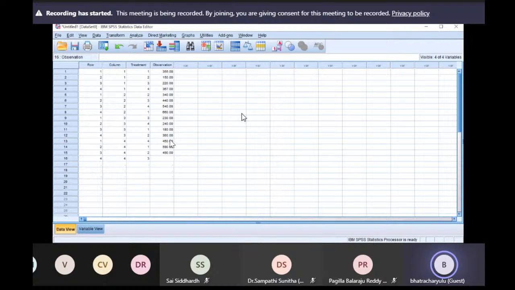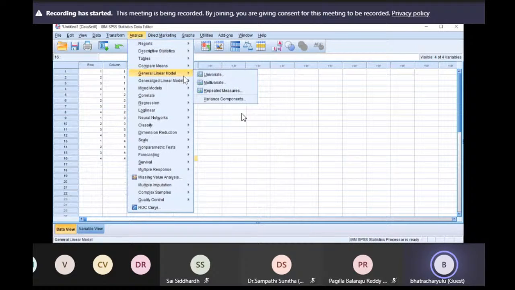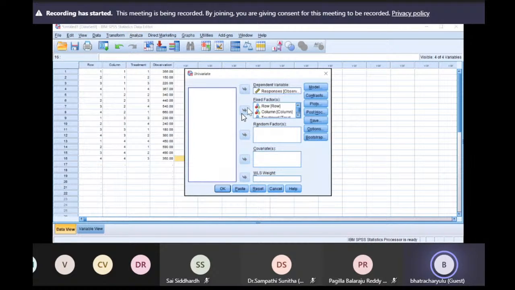So we go to the variable view and data view, and enter row, column, treatment, and so on. Suppose it is a four-way model: row, column, treatment, and some other column, and then write the last column as the response. Then go to Analyze,